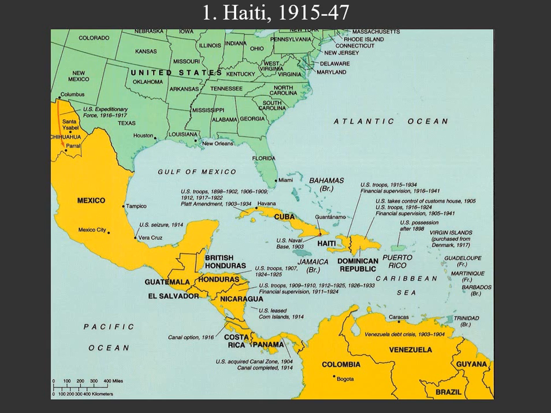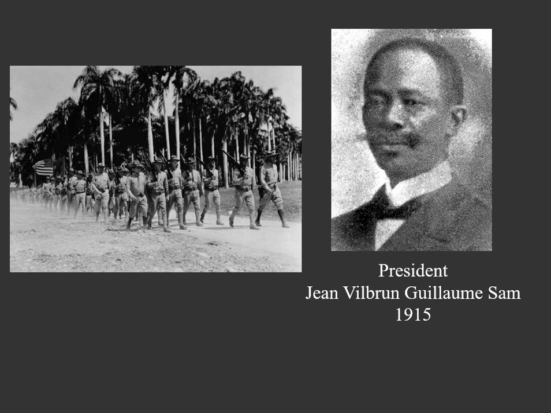So Haiti had 7 different presidents from 1910 to 1915. So 7 presidents in 5 or 6 years. There's great instability in the country politically. The latest president is named Jean Vilbron Guillaume Sam. He went into office in very early 1915, so he's a new president of Haiti in 1915, and his big